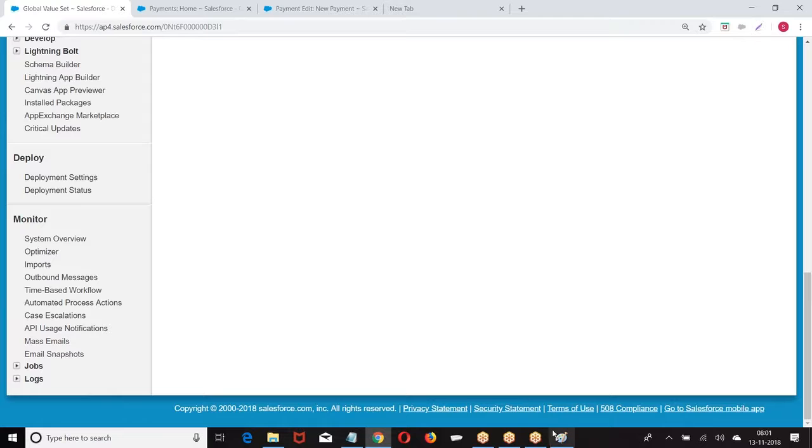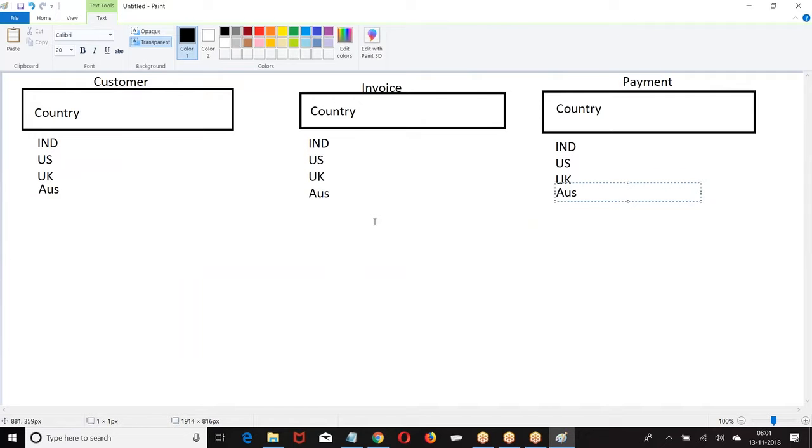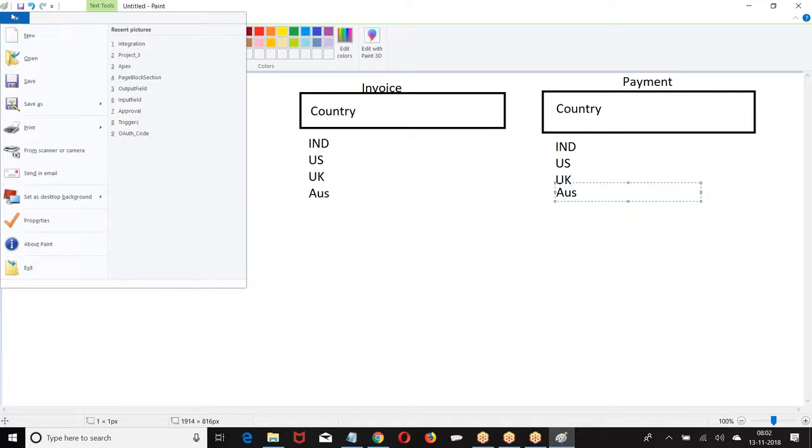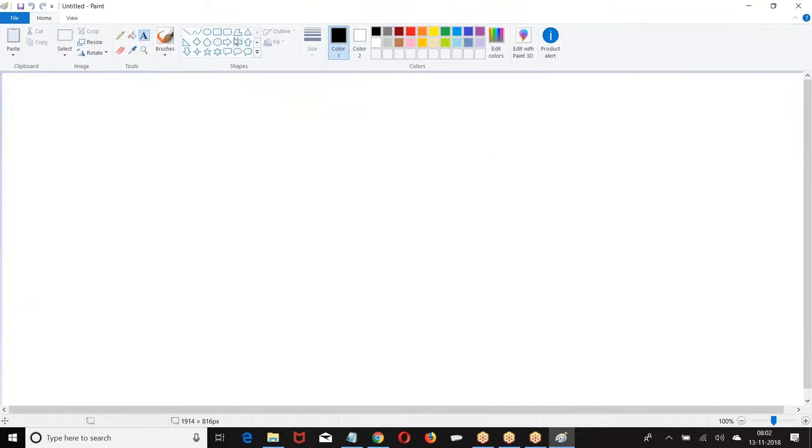Now what if you want to select more than one option? In the pick list, we are able to select only one option. If you want to select more than one option, what will I do? How will you control more than one option? So, controlling more than one option. Then let us go back to this.